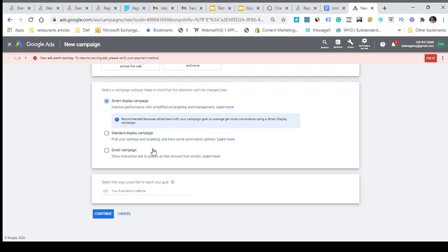And you have the standard display campaign where you are the one that would select your settings and the targeting, and you have some automation options, and then you have the smart display campaign, which more or less improves performance with simplified ad targeting and management. So for the sake of this, we're just going to go ahead to